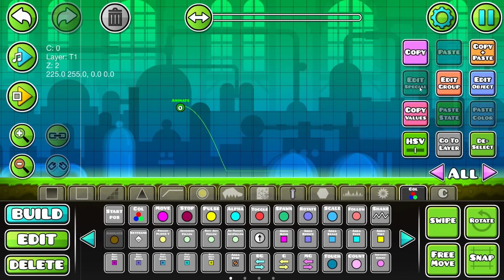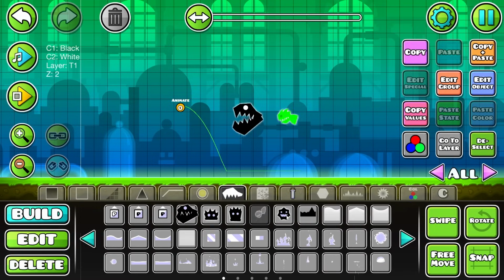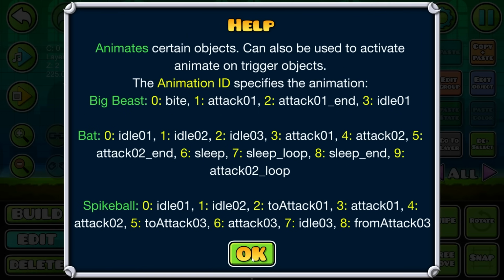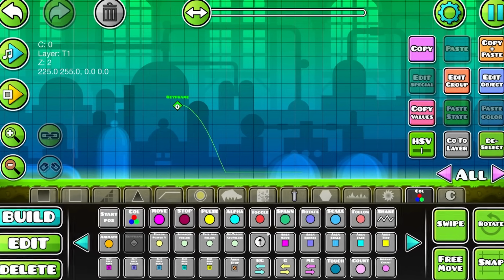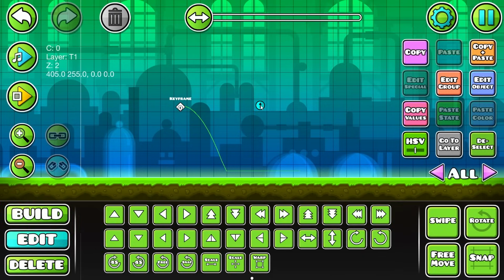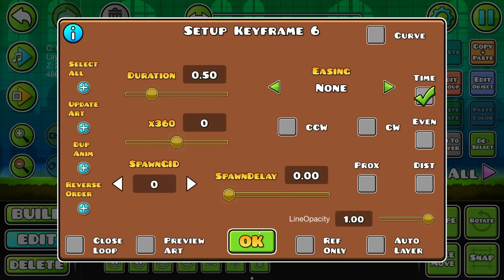The animate trigger is useful for the particle system to spawn the particles or to activate or animate these three monsters by giving them the animation ID. The keyframe trigger allows you to move certain things on a certain path using this object that can be used to specify the certain path you want. You can change many of the settings in here, or you can change the settings in here, which can allow